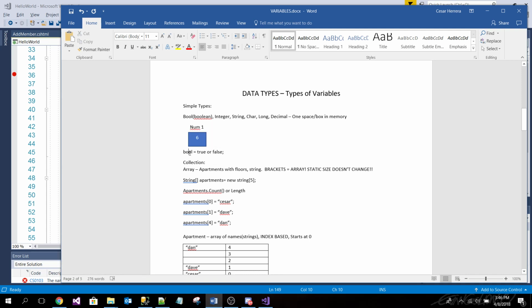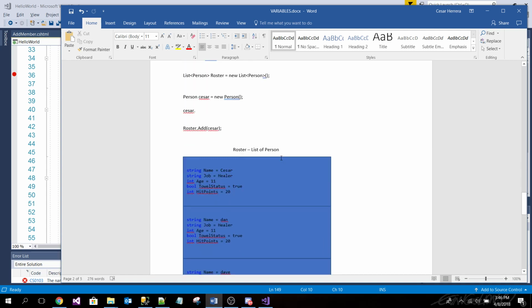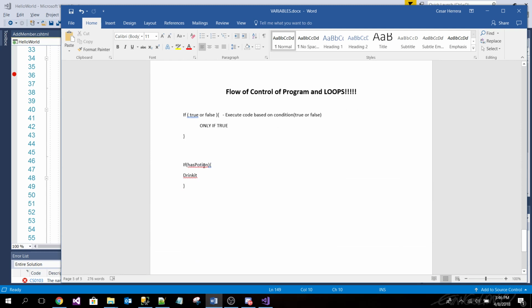Okay, so are you guys good with that? A bool is true or false? Okay, so are you sure? Don't forget, remember this is gonna be your buddy in jail. It's gonna love you. Just very important. So it's a Boolean. It's easy, right? True or false. Okay, so has potion. What kind of data type would that be, you think?